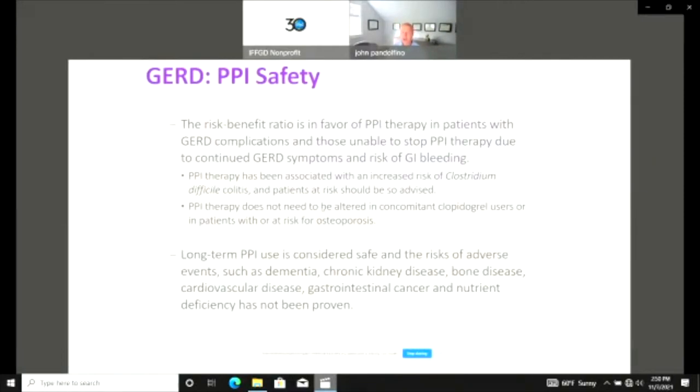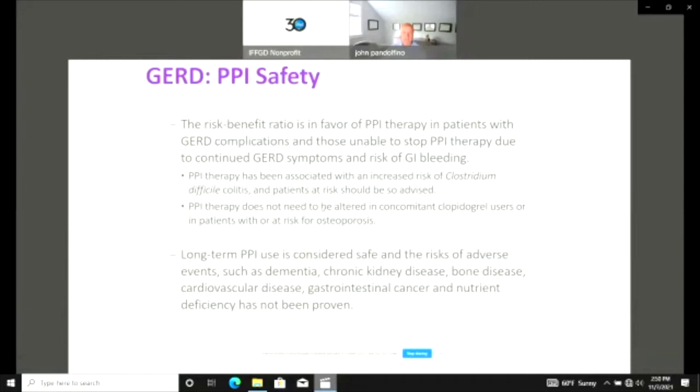But in the end, long-term PPI use is considered safe. The risks of these adverse events are theoretical in nature and really only found in retrospective, poorly done studies, such as dementia, chronic kidney disease, bone disease, cardiovascular disease, gastrointestinal cancer, and nutrient deficiencies. They have really not been proven. And once again, we think that the risk-benefit ratio in the right patients is really highly in favor of continuing